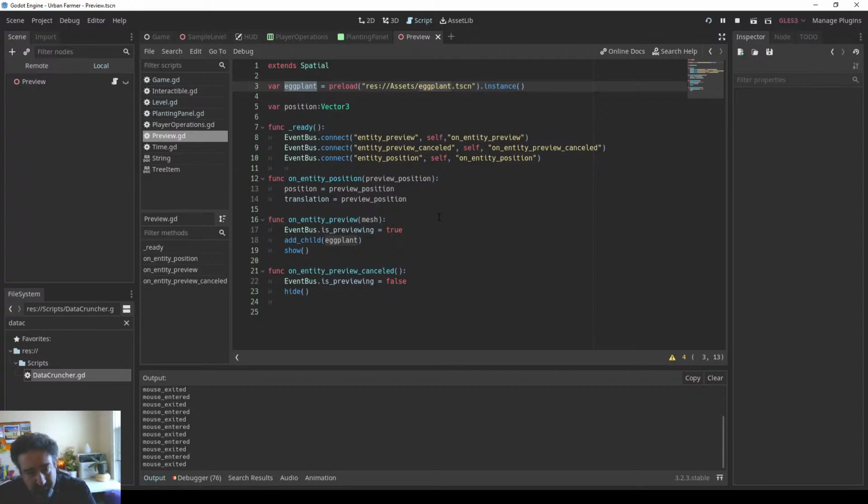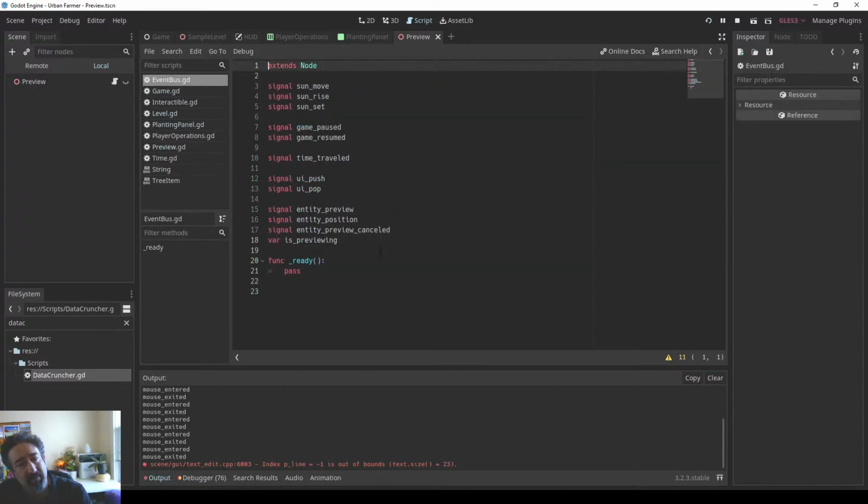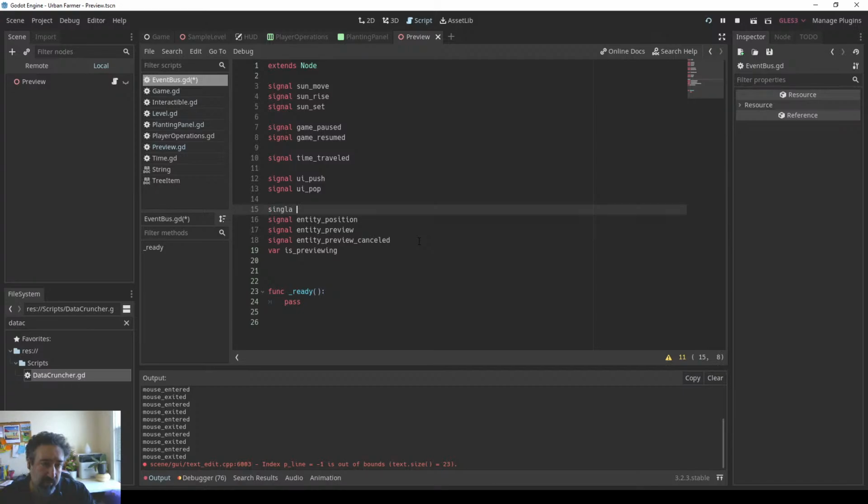So let's go to our event bus. Start from there. It's essentially an entity. We are previewing it, we are positioning. Cancel the preview. Just do it this way. Oops. We will most likely have another signal turning. So, type the